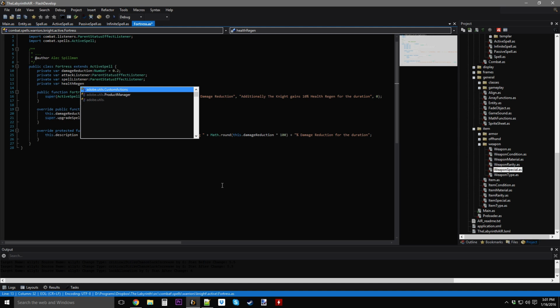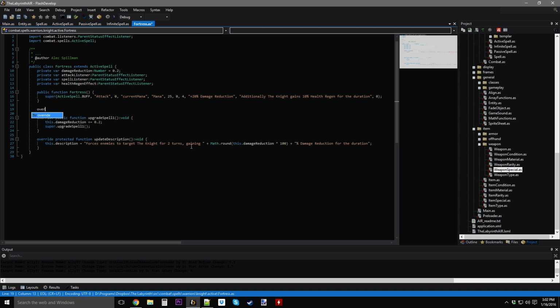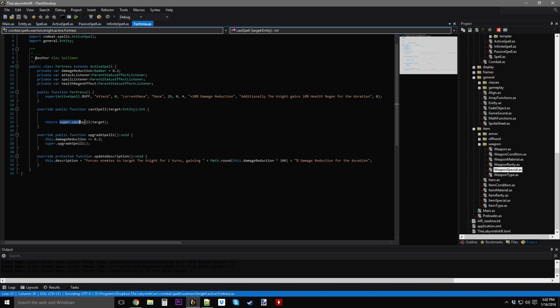Health regen is going to be another status effect listener. I call it effect just so you know it's an actual status effect. We're going to override cast spell. Then we're just going to return 0 because this isn't going to do any damage. The cast spell function returns how much damage it deals, just in case I need something to work off of that in the future. But for now, what we're doing is it forces enemies to target the knight. So essentially this is going to go into each of your allies and set them to being untargetable. So we're going to have to iterate through